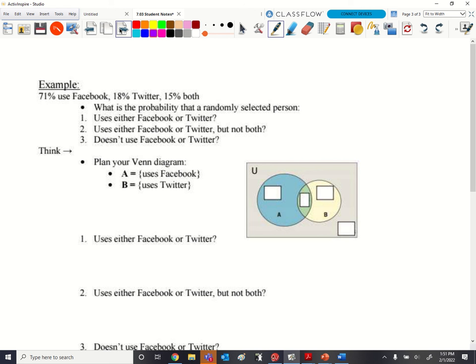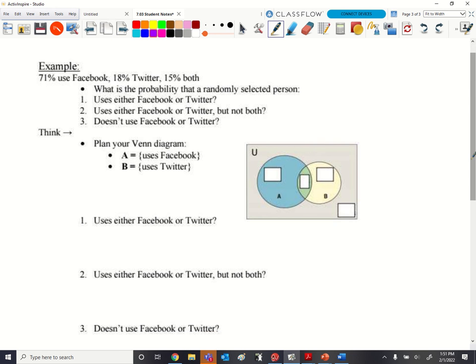All right, let's see if we were paying attention. If being the keyword. So let's go through and start filling in some values. So Twitter, no wait, Facebook 71, Twitter 18, and fitting in the middle. So Facebook or Twitter. So now Facebook would be 71 over 100, plus the Twitter,